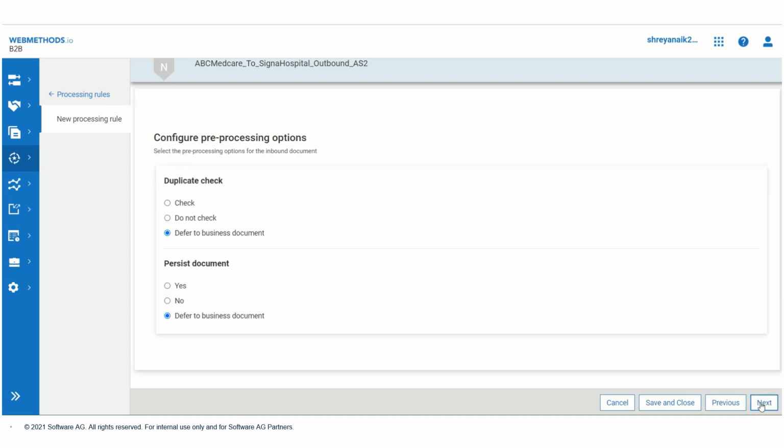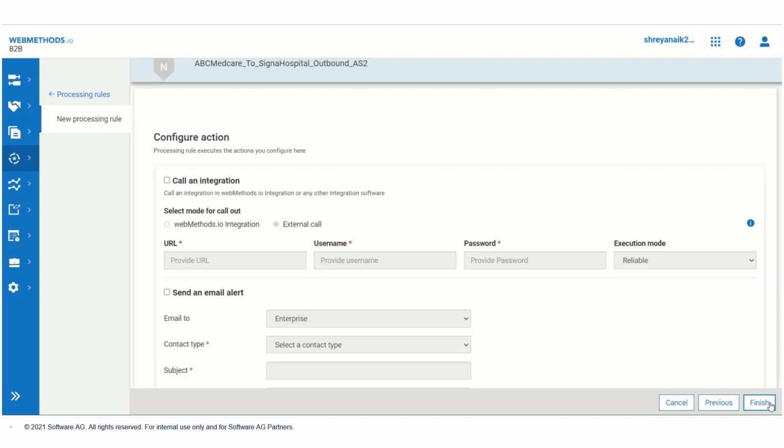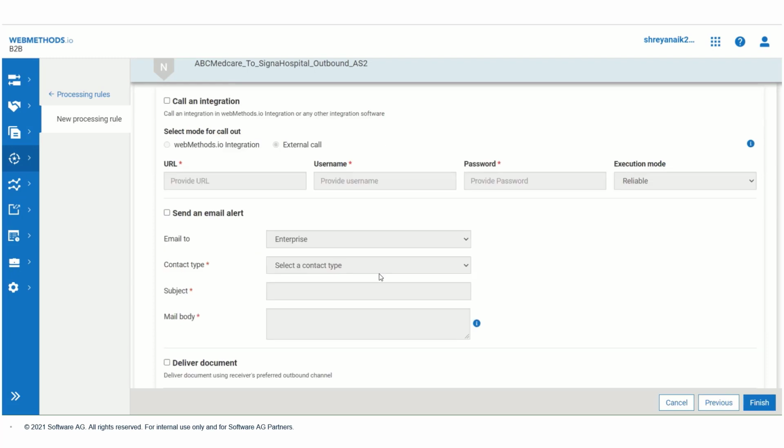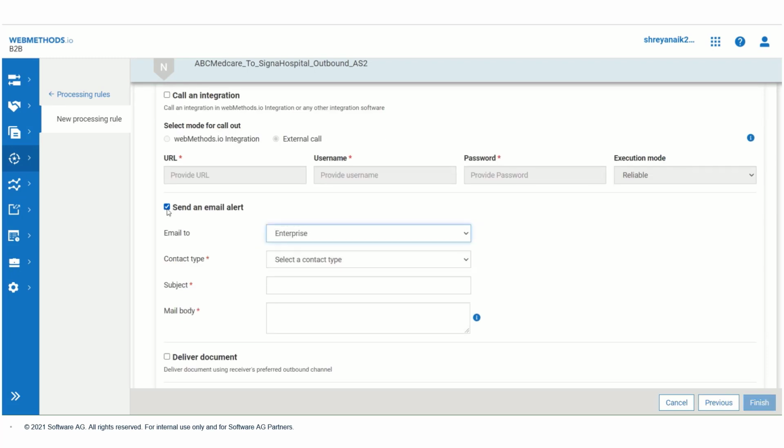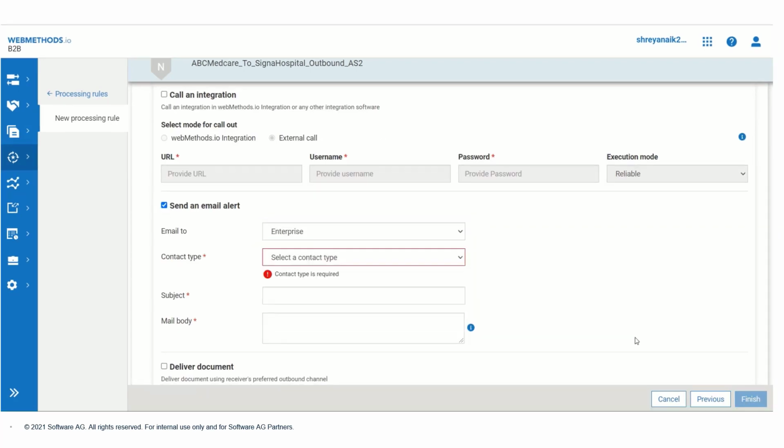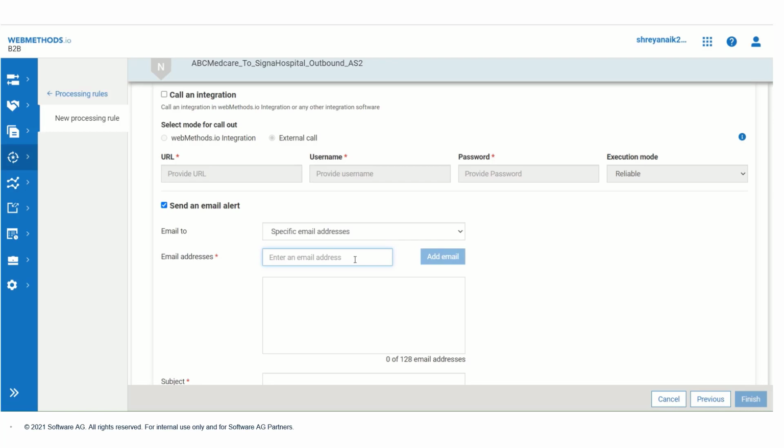Again click on next. Let these two options be selected, defer to business document, click on next. And now click on send an email alert. In the email to field, look for specific email address, then enter your email address.